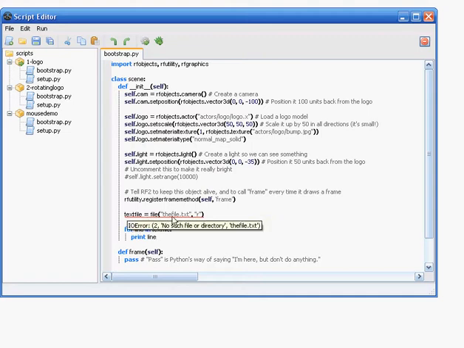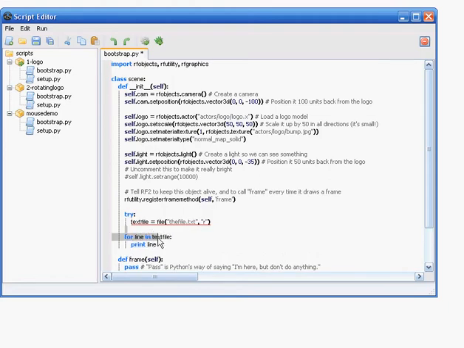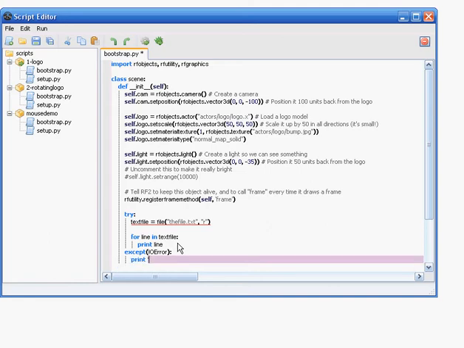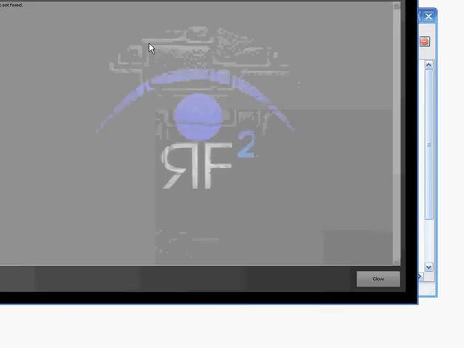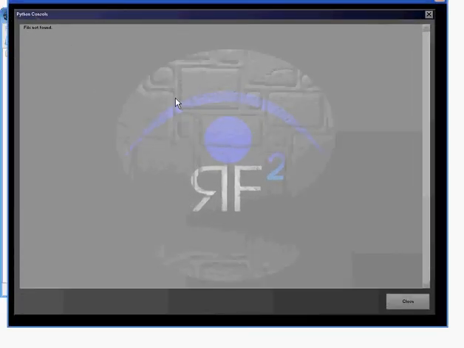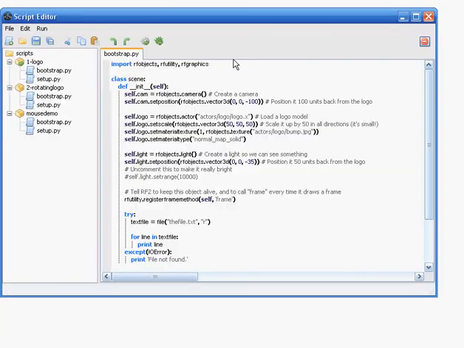So if we look, we see that it's an IOError, so we can do try, indent all of that, and then go down one and except IOError, the same error type it gave, print file not found. And now when we run RF2, you can see that it doesn't crash, it just says file not found in the Python error console. So if we go ahead and create that file,